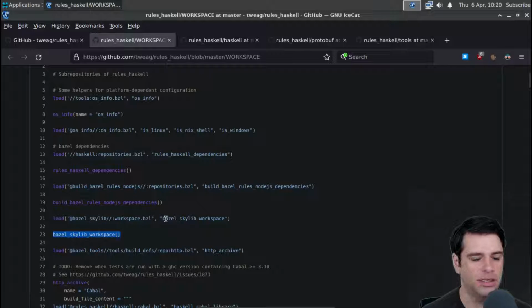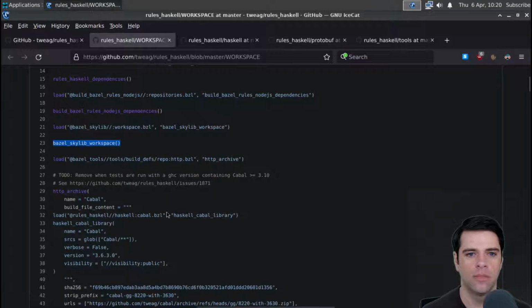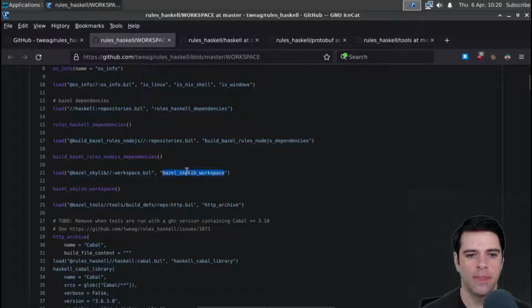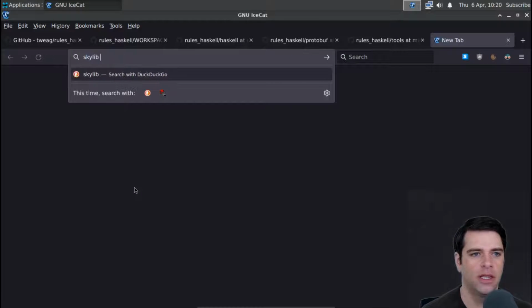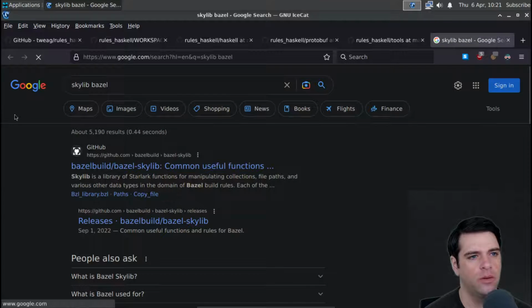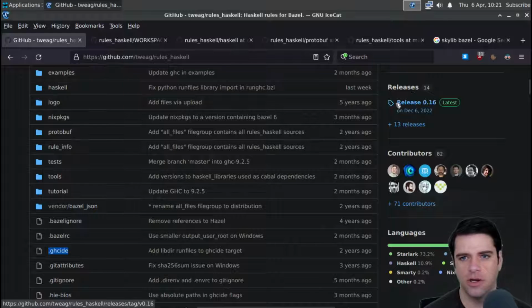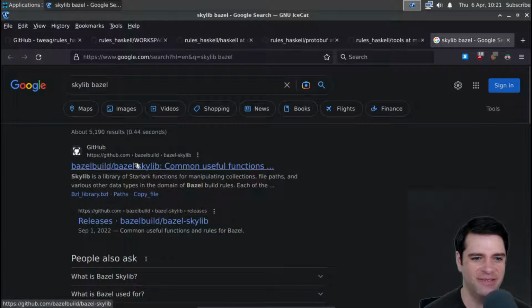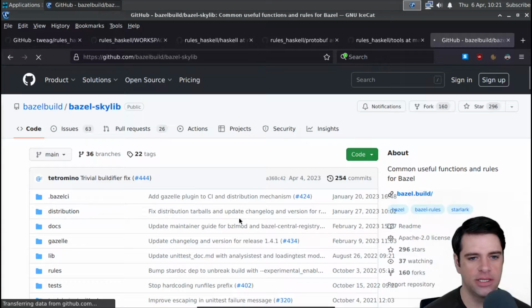Skylib is a Bazel library, which I think is like utility methods. Everything is branded Sky in Bazel. So I think, is that right? Are we using Skylark? Is that what this is called? Starlark. It's called Starlark. Okay, never mind. Forget that. So Bazel Skylib is